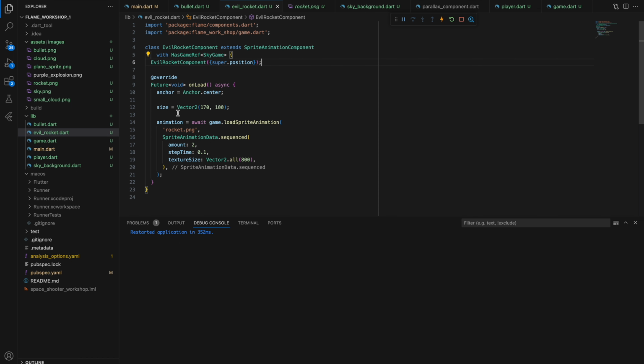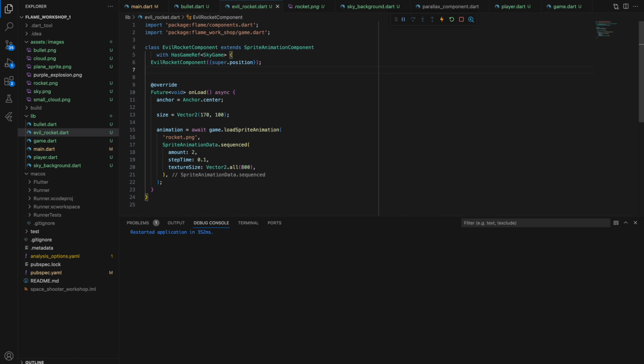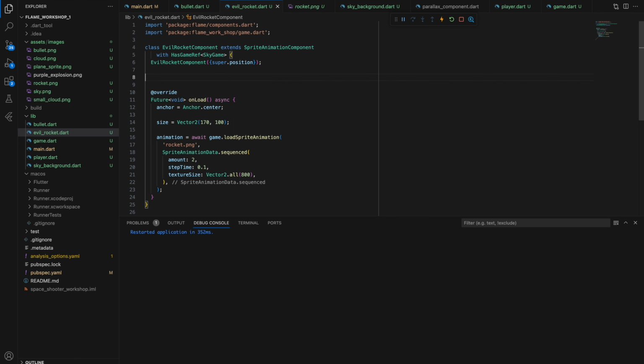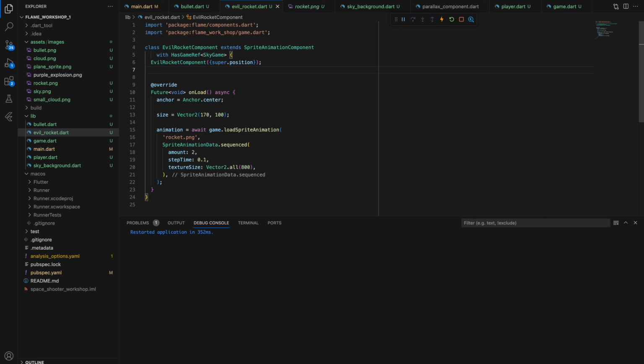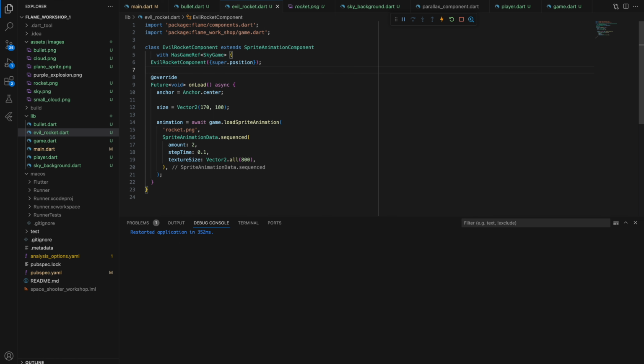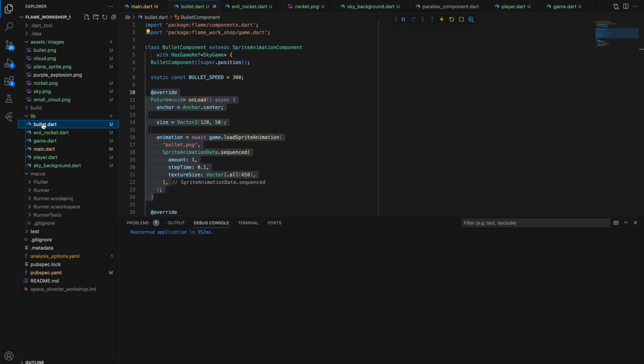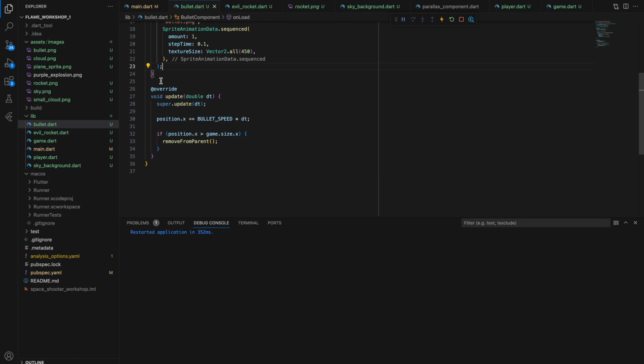I want our evil rockets to be strong, but I think this is something we are going to implement in the next part about the collisions. But yeah, let's keep it like it is. And yeah, that's basically it. But yeah, we forgot to add an update function. The same way